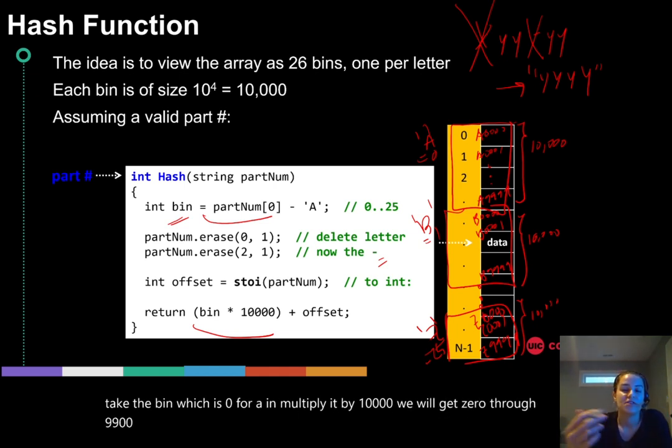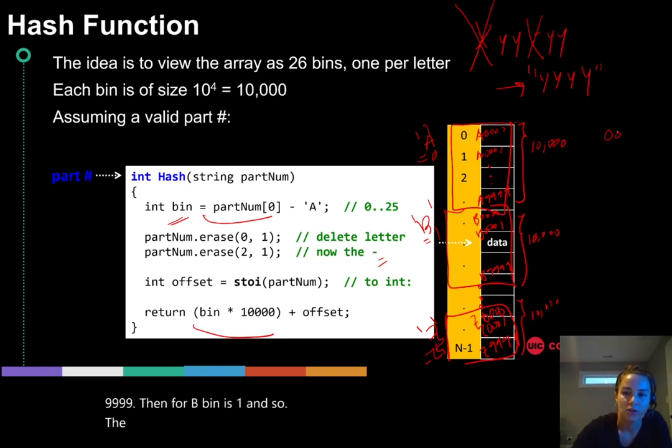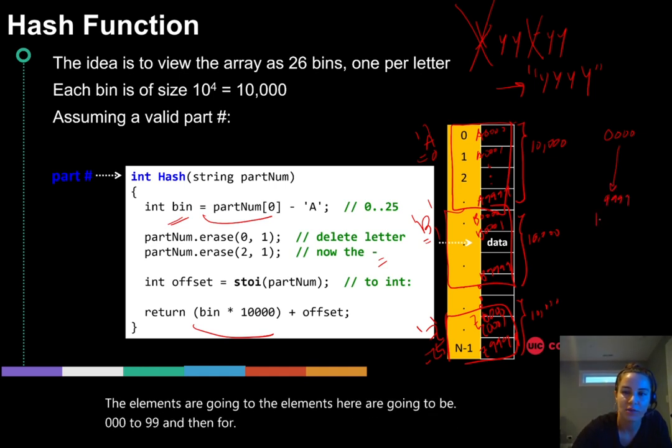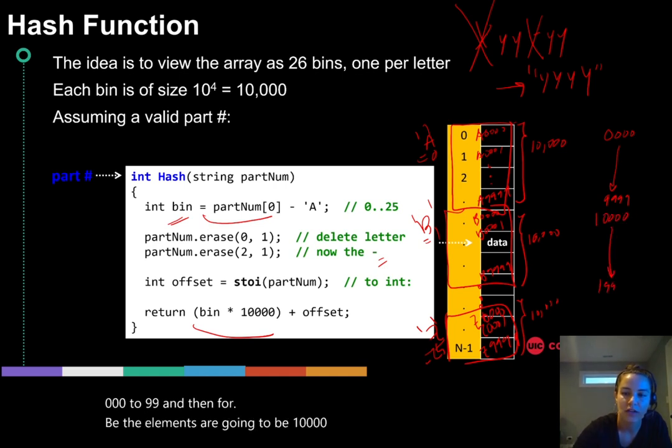9,999. Then for B, bin is 1, and so the elements here are going to be 0, 0, 0 to 99. And then for B, the elements are going to be 1, 0, 0, 0, 0 through 1, 9, 9, 9,